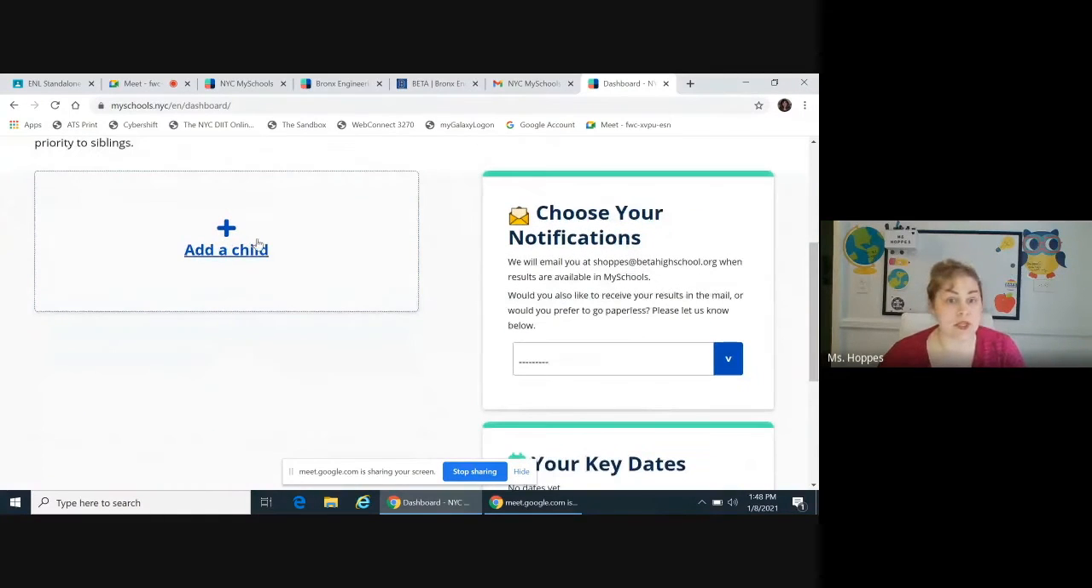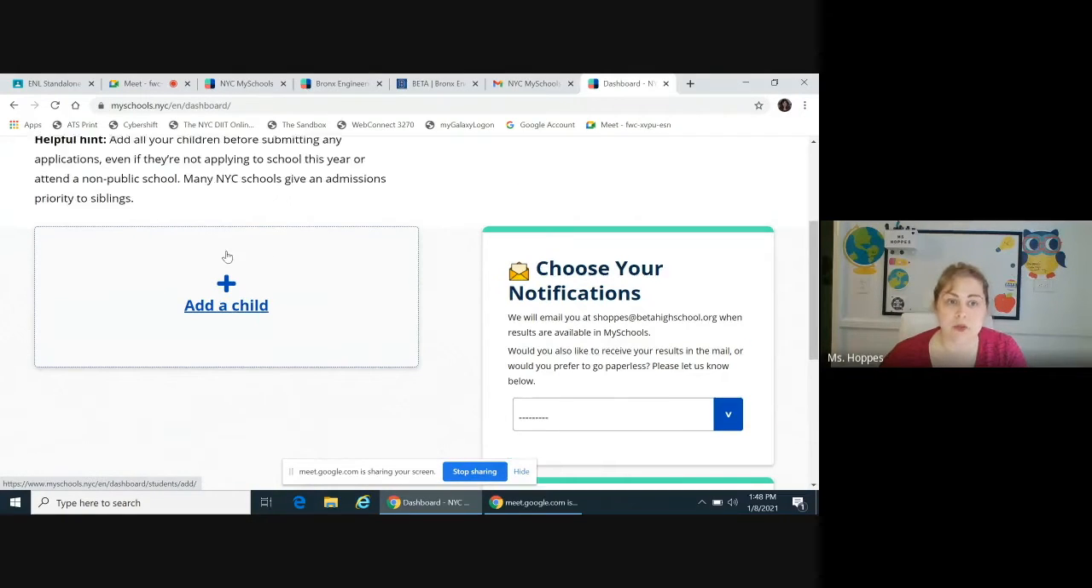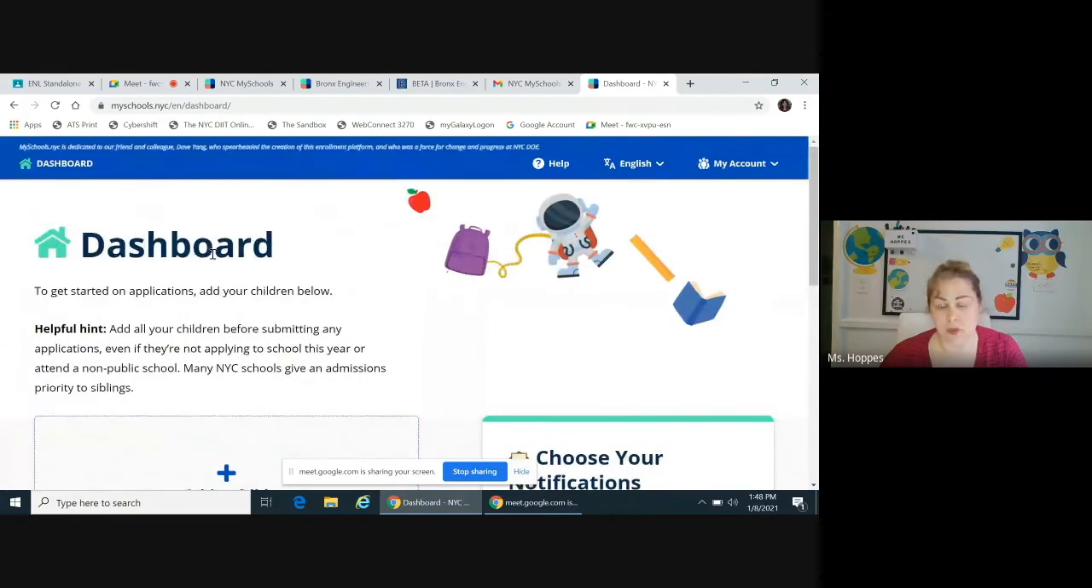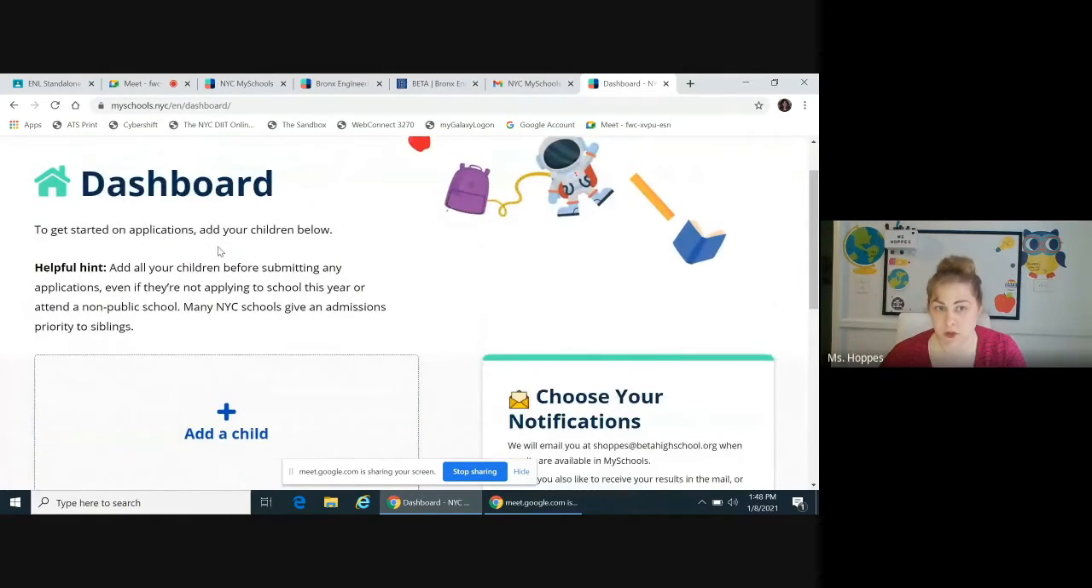I'm not able to do this because in order to do it, you need a student's ID number, their OSIS, and you also need a code that's going to come from your child's school. That should probably come from a guidance counselor, and you would need to reach out to your counselor to get that code. So I'm going to show you how to find BETA High School in this system, but just know that when you do it, you'll need to add your child first and then use your child's account to find this. So you're going to go to